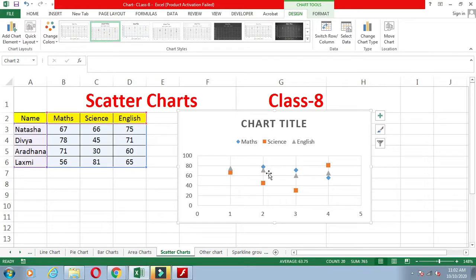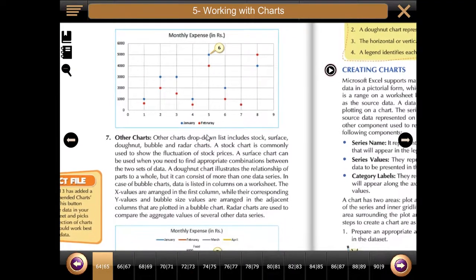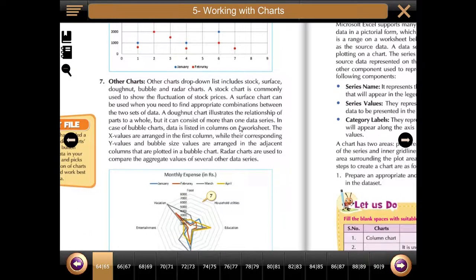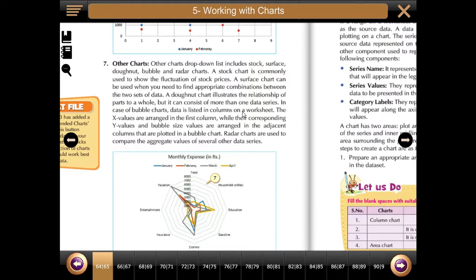Other charts are what? There are some charts that we can show in a different way. Which are those other charts? Those charts are the stock chart and surface chart. That chart we will show by using our data.